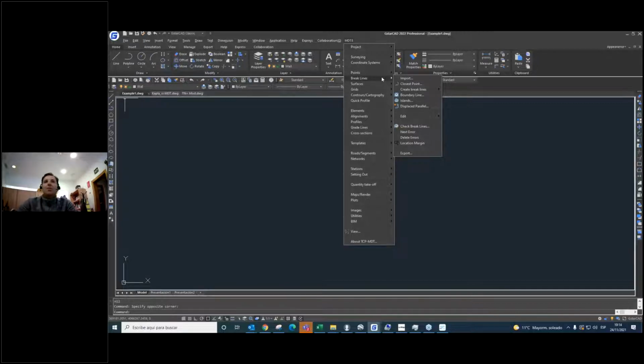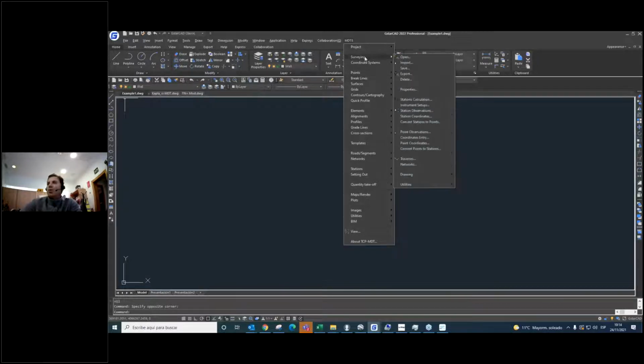So I'm going to start to create a cartography from one list of the points that I took with my device, with my GPS, for example.